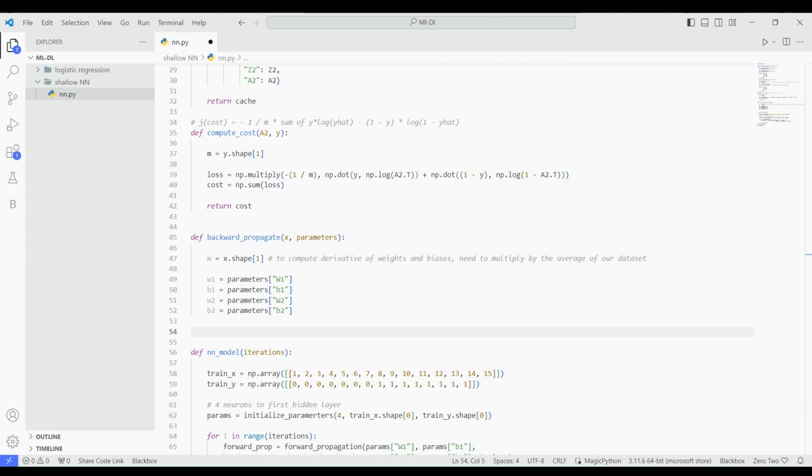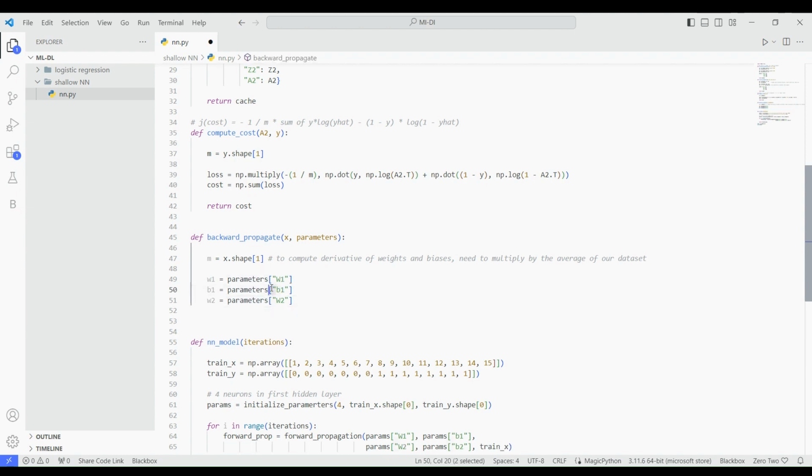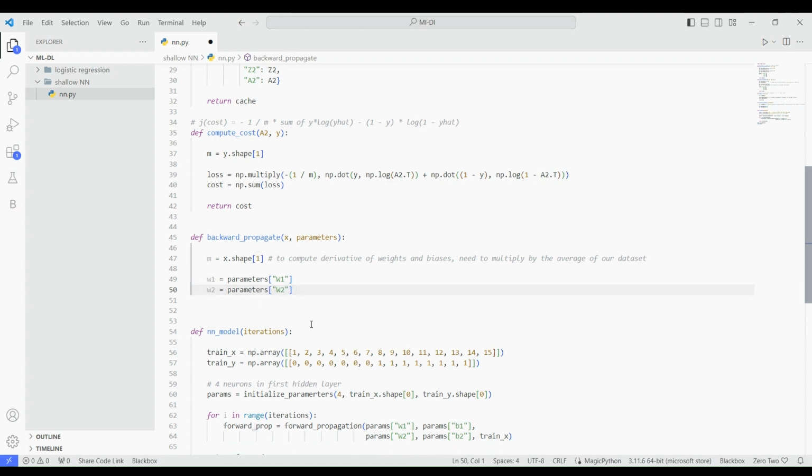And we're going to retrieve those. And actually, we don't really need our biases, so you can just get rid of that. So if you remember from my video, dz2 is actually just equal to a2 minus y,